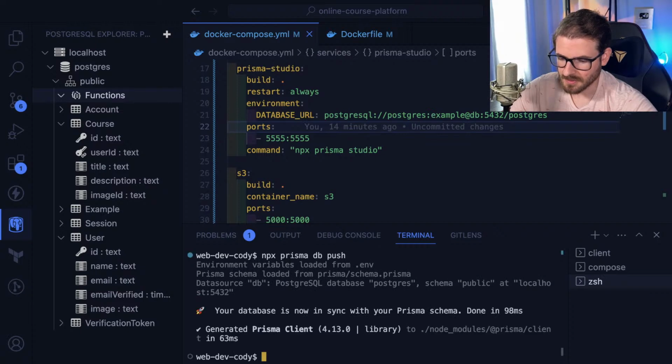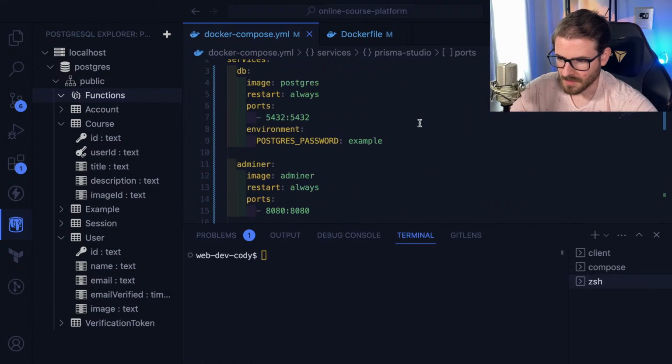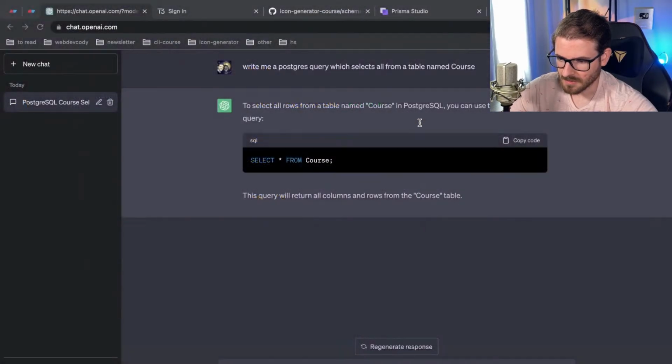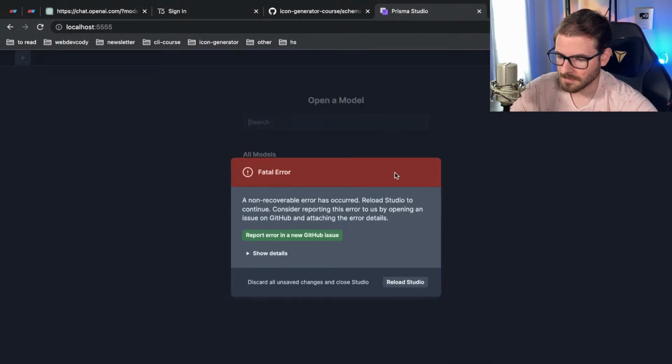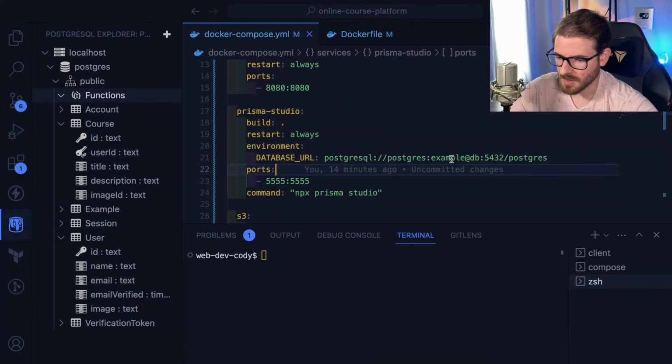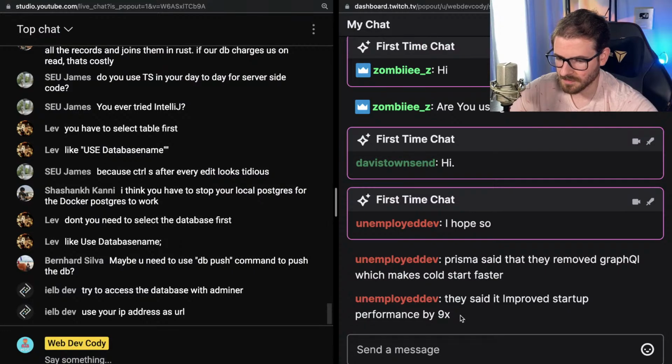Run this. Seems like it's fine. I'm gonna try modifying this to db-1 because when I looked at Docker,